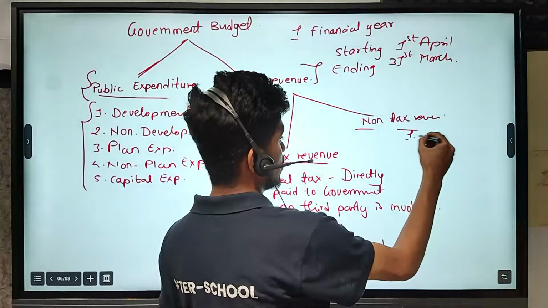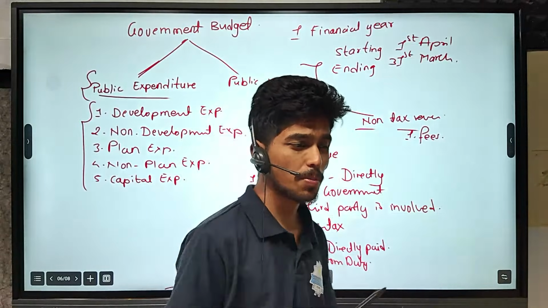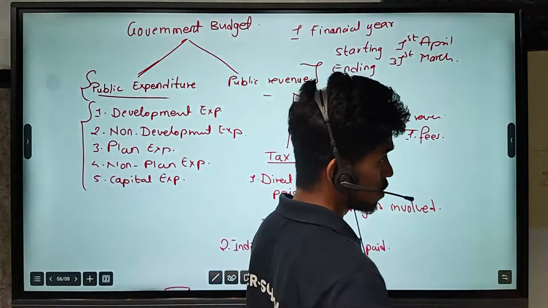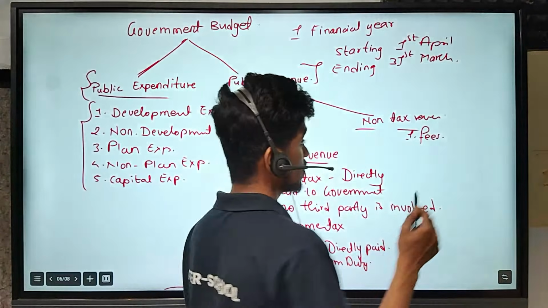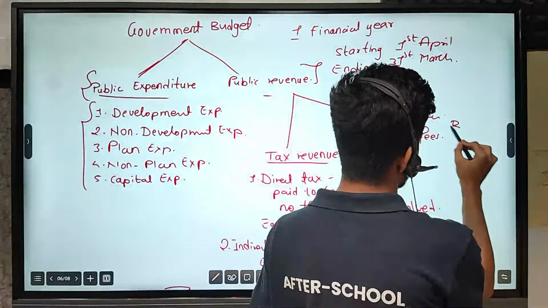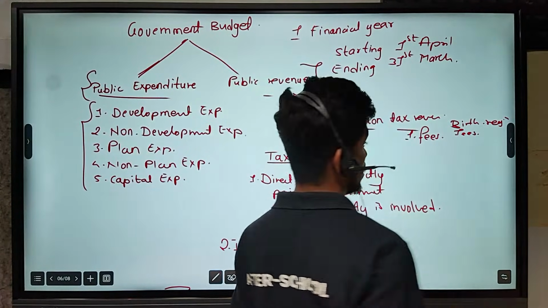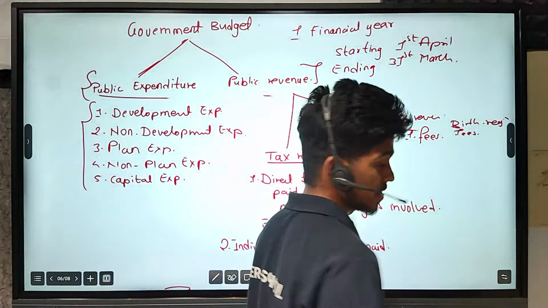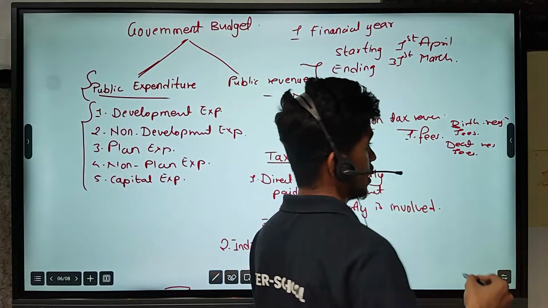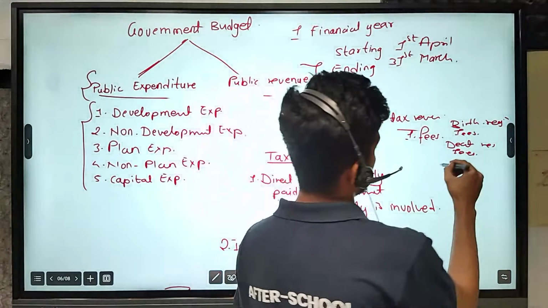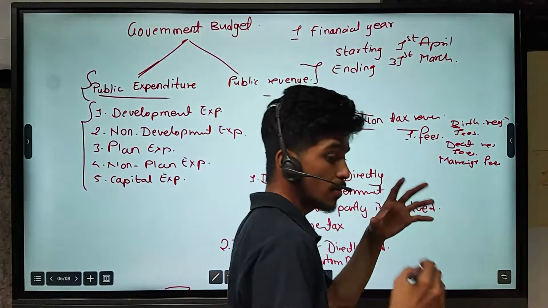For example, you can take fees. Certain fees we pay to government, like panchayat, municipality. When a child is born and we take a birth certificate, we pay birth registration fees. Then if someone dies, we go and take a death certificate, then we pay death registration fees. And when someone gets married, marriage registration fees. These all are certain fees that we pay to government, and government collects revenue from this money, and then